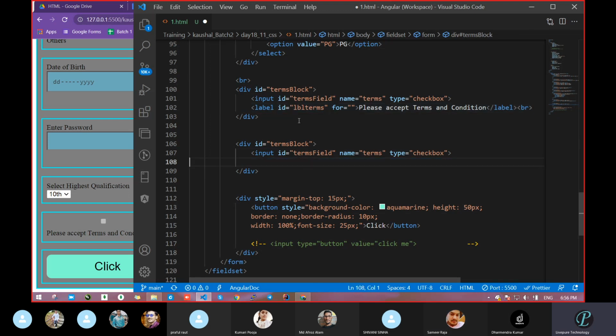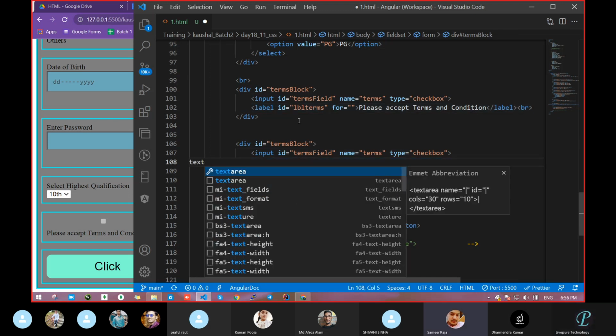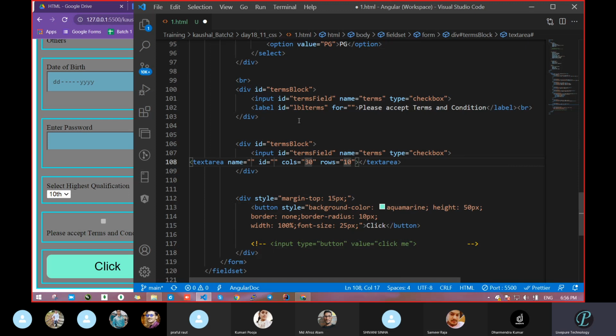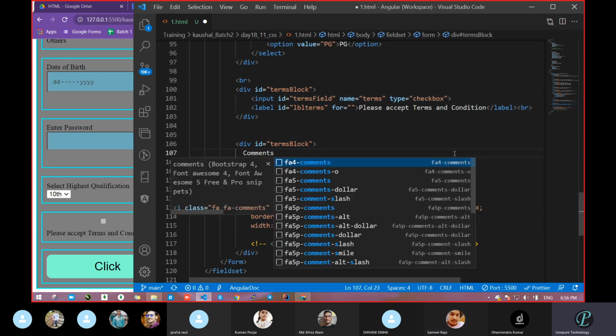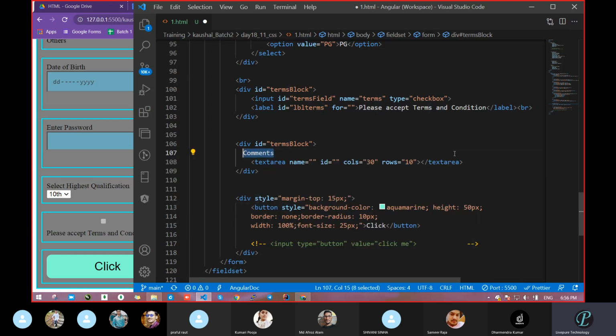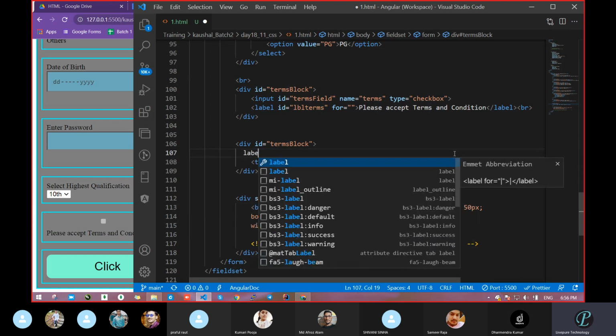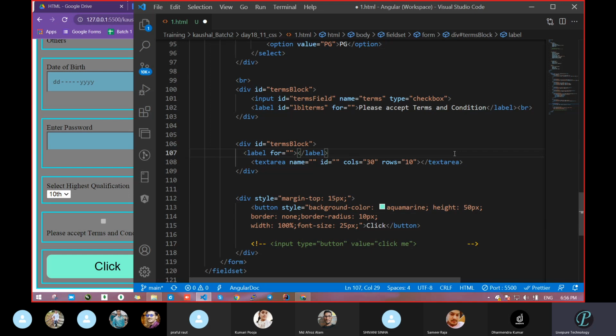That we will take as a text area. Oh yes, fine. Text area, because it will give you more space to write. So remove the input and take a label. COMMENTS. Here we can pass comments as the label.